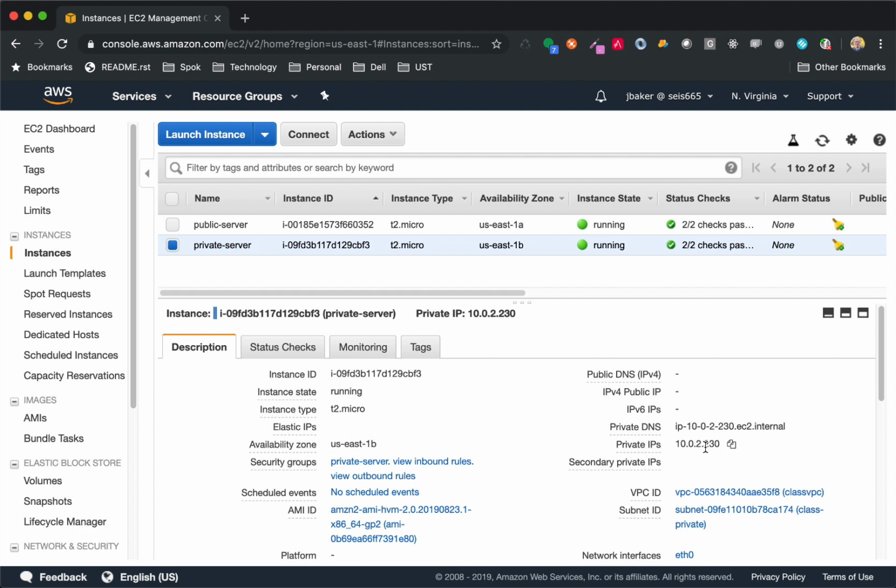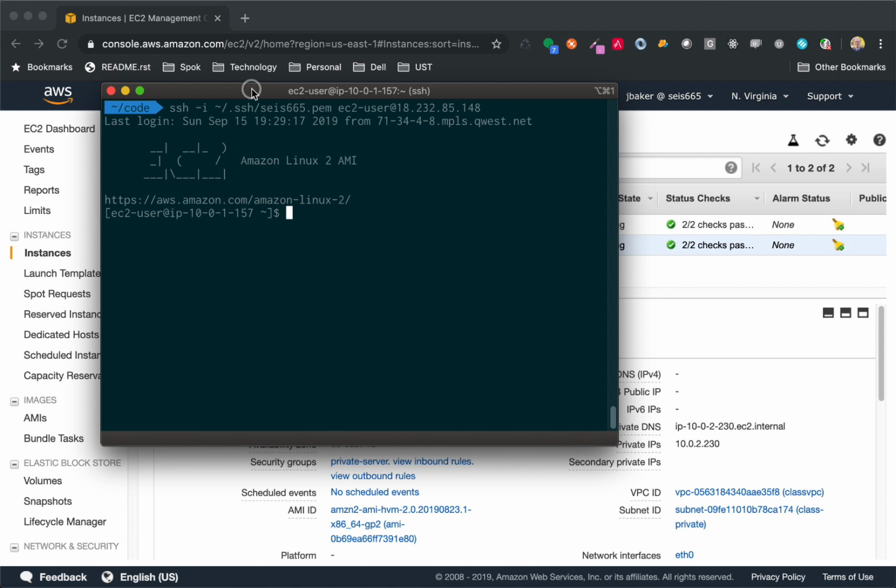I will log into the public EC2 instance first, and then from that instance, I will shell into the private EC2 instance. And the way I do that using my terminal application is I will use a special SSH agent feature that's available to me. So I'll exit out of that public instance,